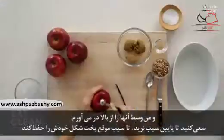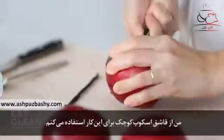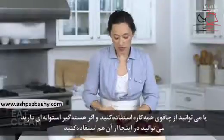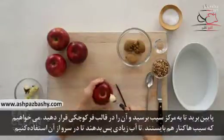And I'm going to core them from the top. Try not to go all the way through to the bottom. That'll just help keep the apple whole during baking. I like to use a melon baller for this. You can also use a paring knife. If you have one of those cylindrical cores, you can use that here too. Work your way until you reach the core